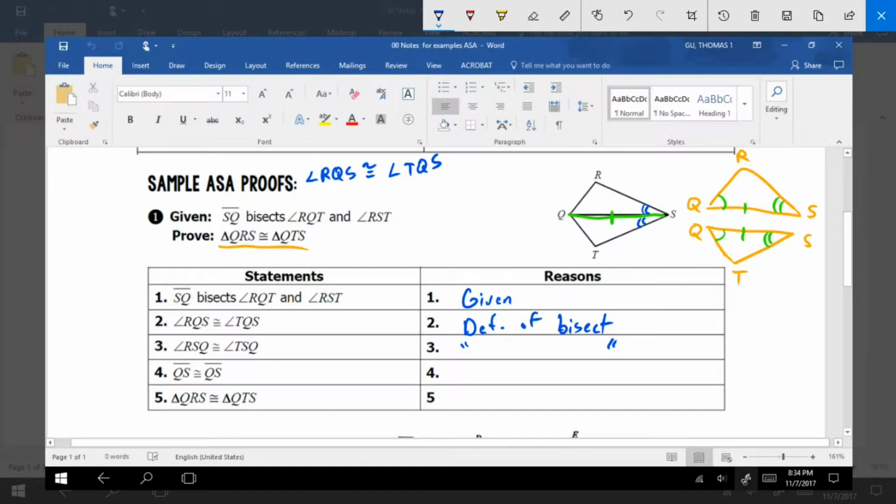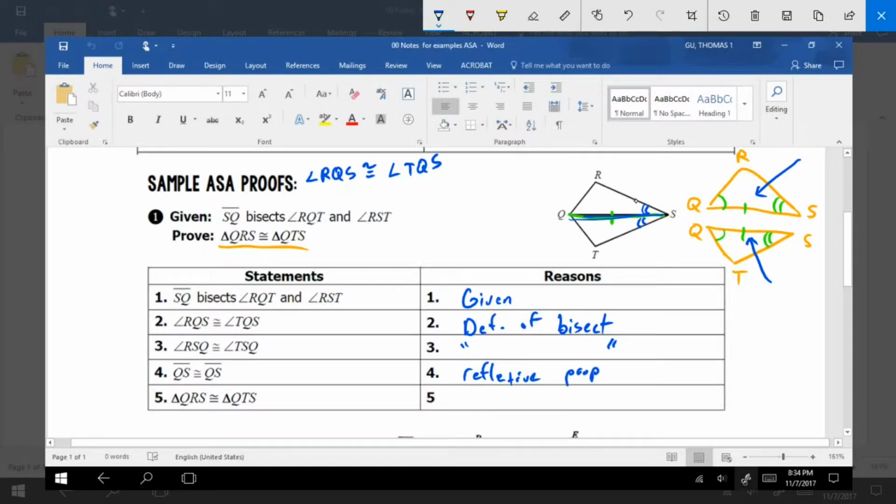All right. Step 4, QS is congruent to QS because remember, both of our triangles, look, right here and right here, both of them are using QS, the side QS from the original pasted together triangles. And so we need to show that it is in fact congruent to itself. And what's that property called? The reflexive